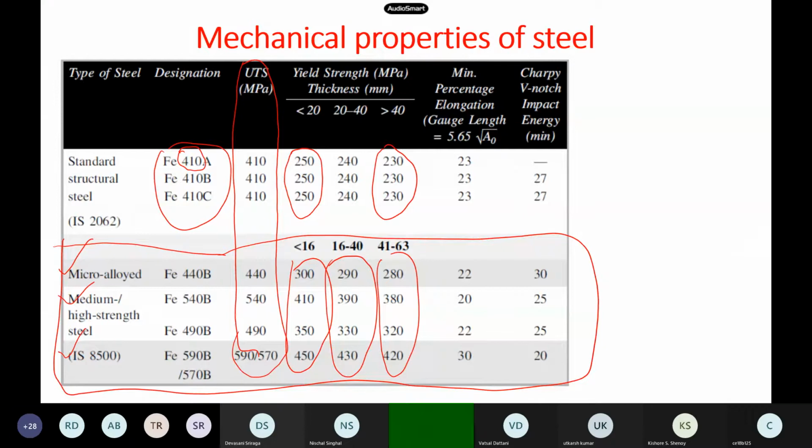Okay, and then now ductility, say. So generally ductility you can define via several things, but our code gives it like a percentage elongation. Okay, so 23% is the elongation for our mild steel, and then the sharp notch impact energy, say. So impact energy is nothing but the test I have shown you, like yesterday on YouTube. So that specimen gets released and it hits this one. So they are giving it in joules. Okay, the units, so 27 joules or something. And if you find the area under your stress strain curve from a simple tension test, approximately they may be the same, or some small minor differences can be there.